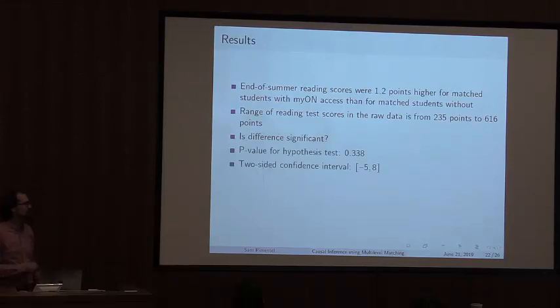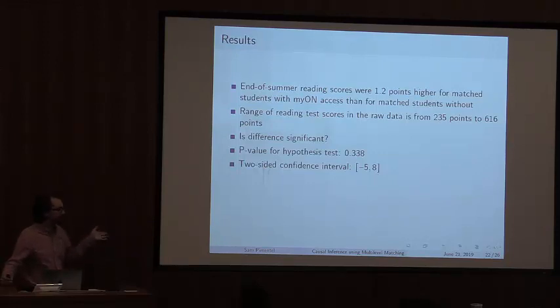Our p-value indeed was only 0.3. About a third of these null draws we got were more extreme than the actual estimate. So we didn't find any strong effect of Mayan. And in fact, this confidence interval allows us to say something a little stronger than just that we didn't reject the null. Talking to my co-authors who are experts in education policy, we figured that